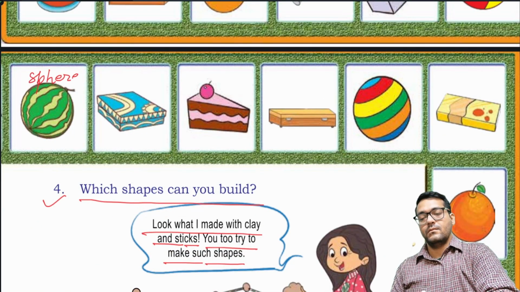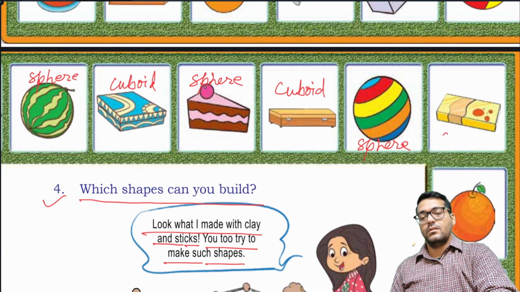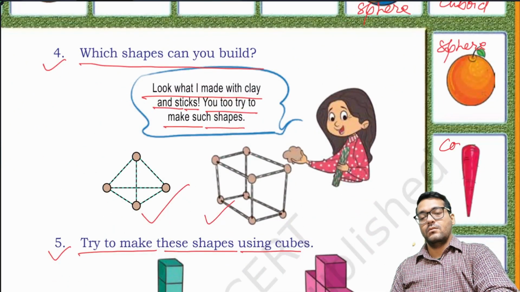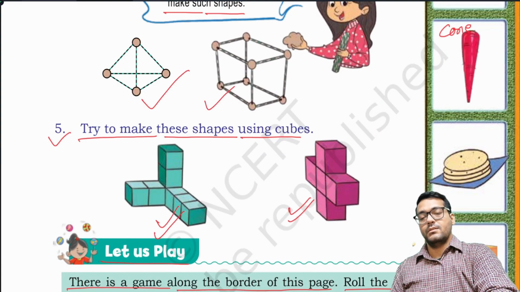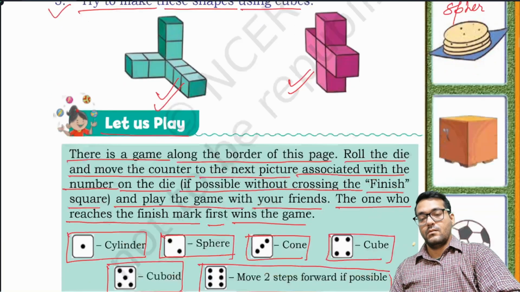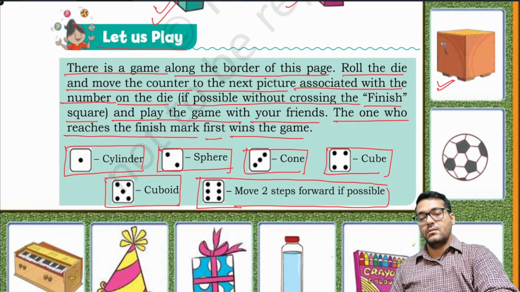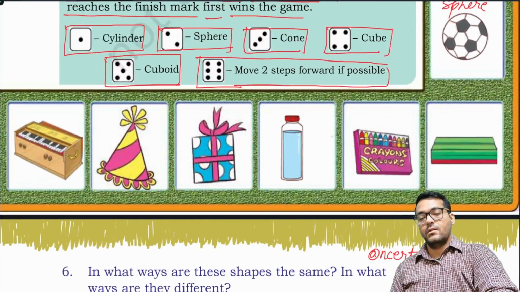Watermelon, sphere, gift box, cuboid, cherry, sphere, box, cuboid, ball, sphere, cake, cuboid, orange, sphere, carrot, cone, roti or chapati, sphere, box, cube shaped, football, sphere, soap, cuboid, crayon box, cuboid, bottle, cylinder,